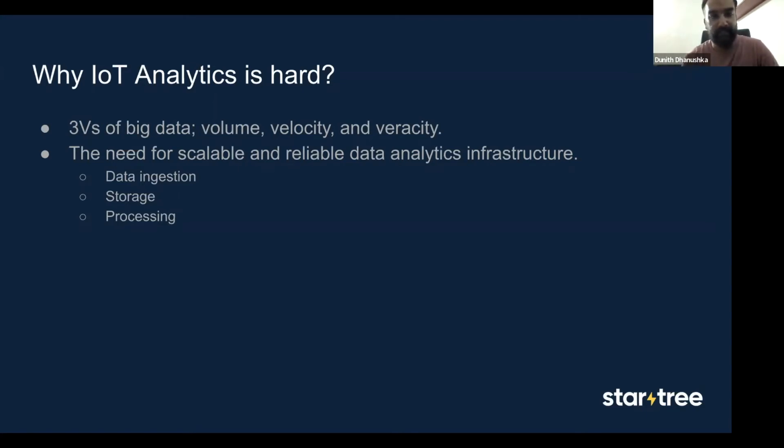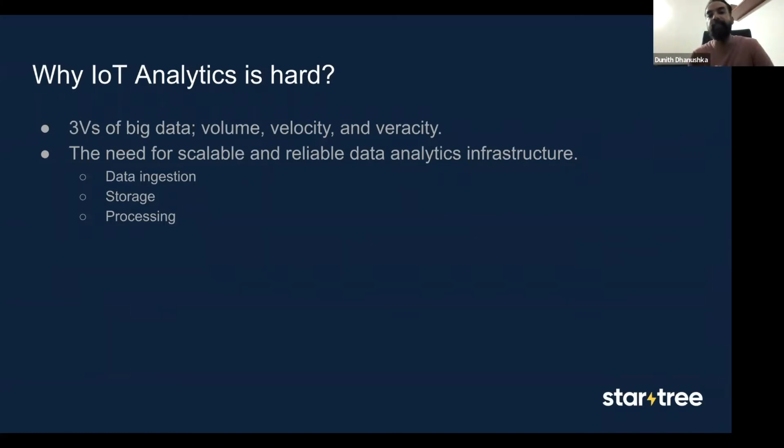IoT data, in a sense, arrives in high volume. If you take any sensor or a typical device, it could emit data in multiple volumes. If you collect multiple devices together, the volume is really large. And then the velocity. These devices are meant to emit events in very short periods, so the arrival rate is really high. So that's one challenge. Also, they have different shapes and forms, thus making a wide variety.